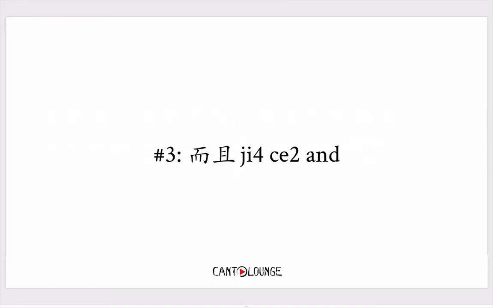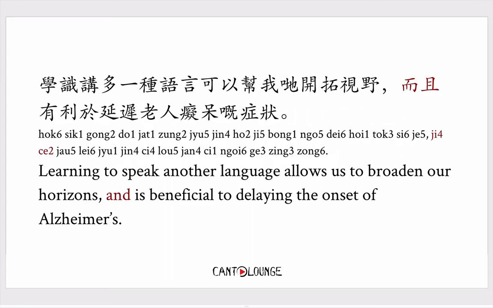Okay. Moving on, number 3, 而且. Now this also means and. The difference between this and the previous and is that 而且 is used to link phrases together, individual standalone phrases, whereas the previous and would be used to link individual words, like in a list. Okay, so let's take a look at an example. Maybe you're talking about language learning, and you're a language lover advocating for language learning. Someone asks, well, why should we learn language, and what's the point of doing it? You might say something like,